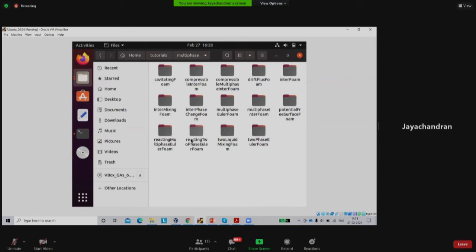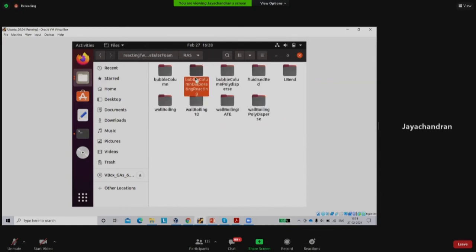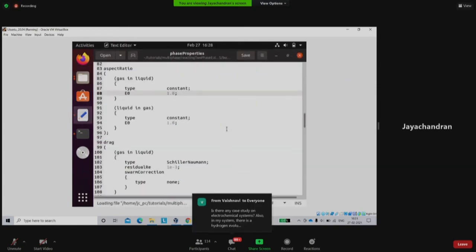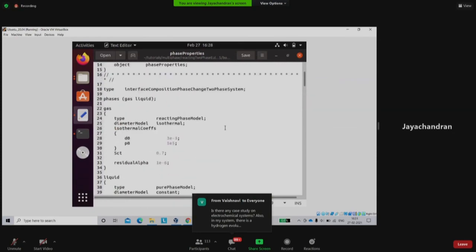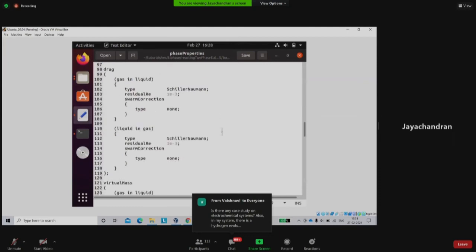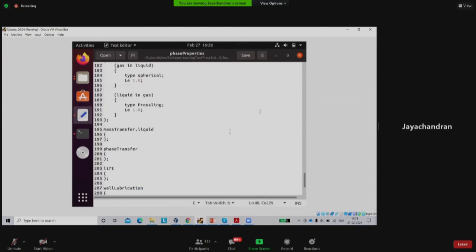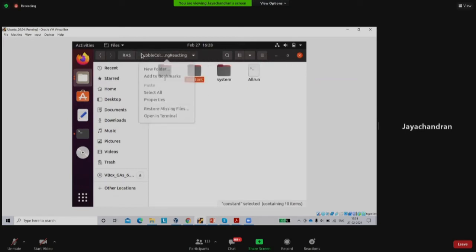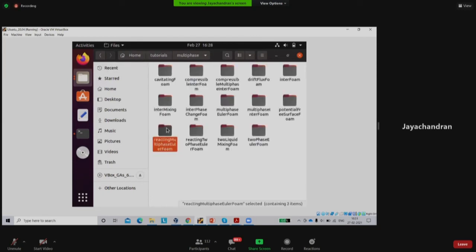In that, this phase change modeling, I don't know whether I have it ready. Just see whether that file is there. Okay, in that there is a phase change modeling, and I'm sorry, I'm unable to locate it. So it will be there in these particular solvers. You can mainly concentrate on reacting two-phase Euler foam and reacting multi-phase Euler foam. That may give you some idea. Okay, sir. I just wanted to know whether it's possible. Okay, I haven't tried that, so I'm not commenting on it. Yeah. Okay. Thank you.